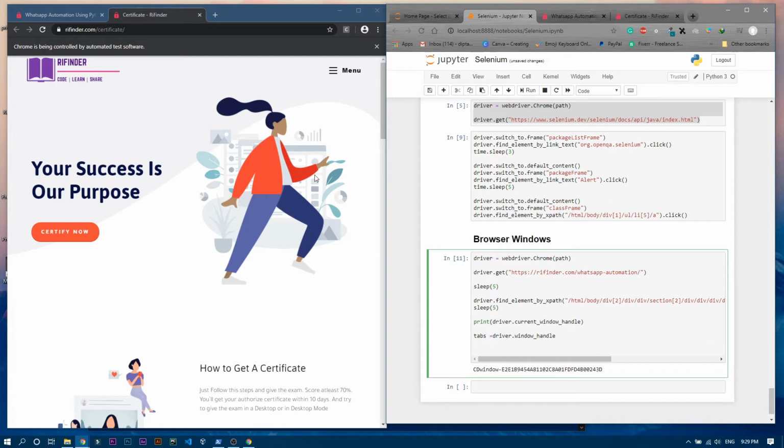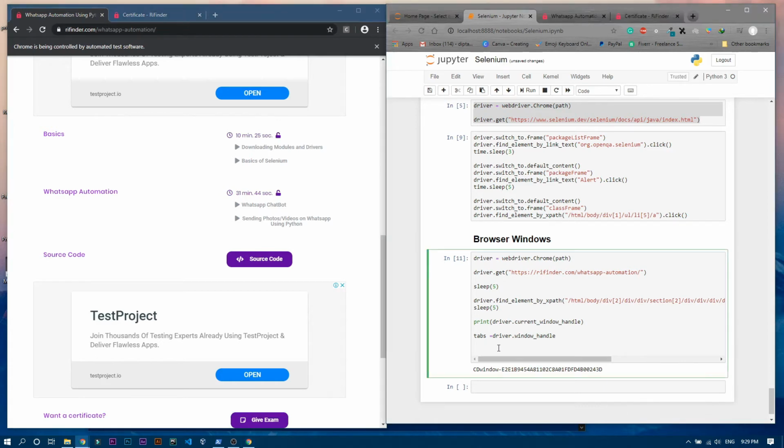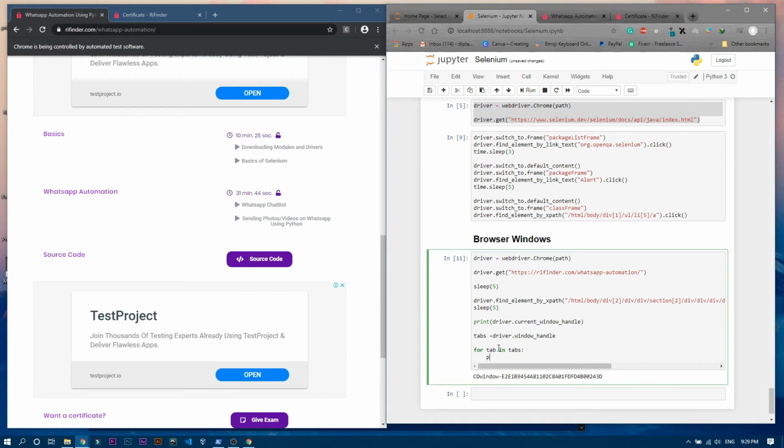This has the URL refiner.com slash certificate, and this has the URL of refiner.com slash WhatsApp automation, right? So we just want to print the URL of that particular page. I'll write over here for tab in tabs, we are only going to print the driver dot current underscore URL, because we have to print the current URL.